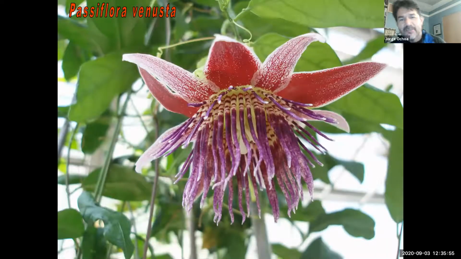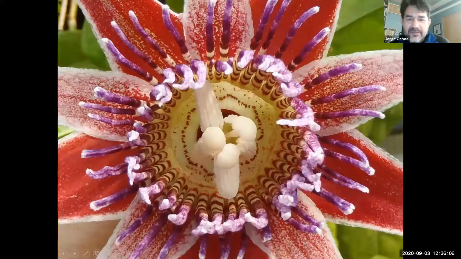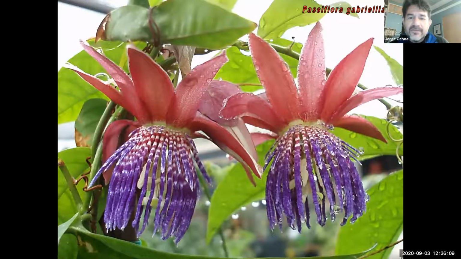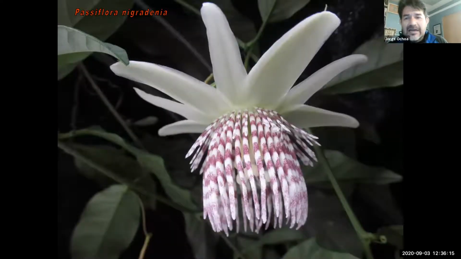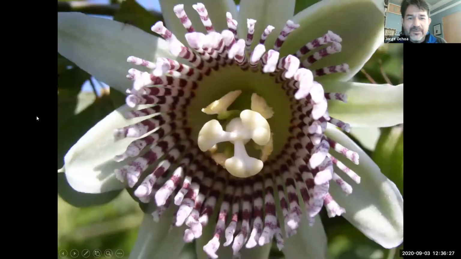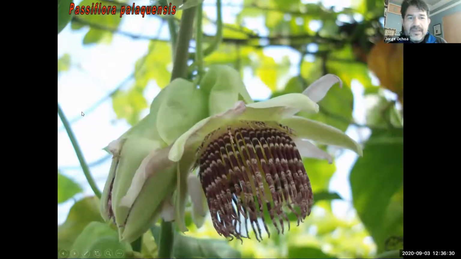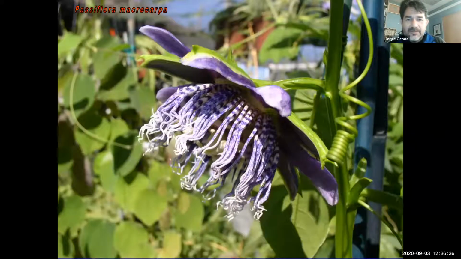Venusta, missed it by a couple of months. I grew it, I flowered it. I knew it was different. And then like 2 months later, somebody published it as a new species. This one is native to Ecuador. And there's a close-up of the flower. Gabrieliana from French Guiana, also not published not too many years ago. Nigradina, I got the seeds, I got it to flower, and any of the plants that are in cultivation in the US came from me because I was the only one that was able to get it to flower and fruit, and then we propagated it and distributed it. So that's beautiful flowers. Palenquensis from Ecuador, and there's the close-up of that.